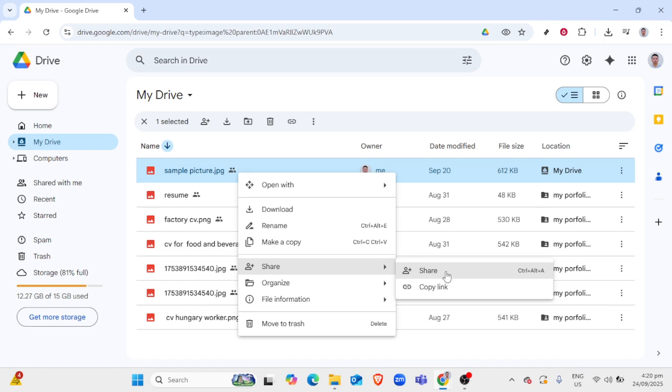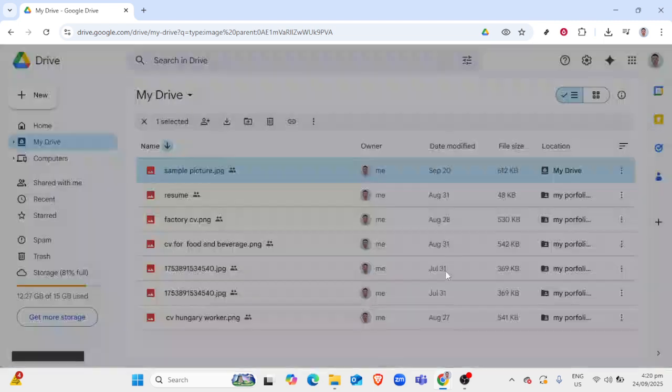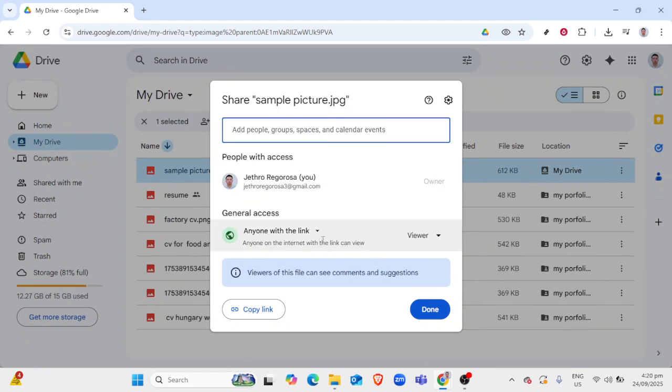one with a comma. Next, you'll see a drop-down menu to the right, which determines the access level of the people you're sharing with. You'll have a few choices: editor, commenter, and viewer. If you want your friends to have the ability to edit or add photos to the folder, selecting editor would be appropriate. However, if you want to maintain control over changes and only allow them to view the photos, viewer